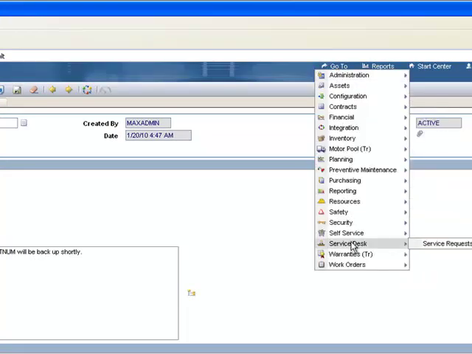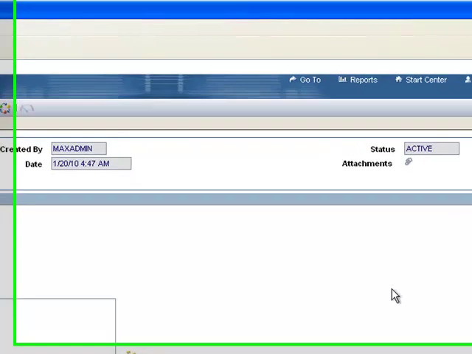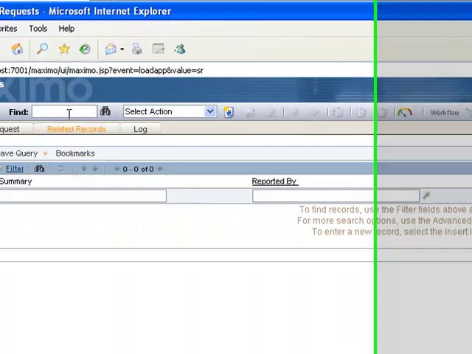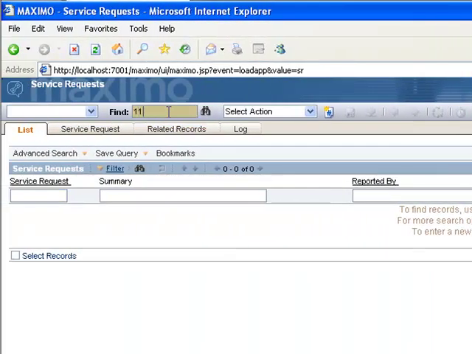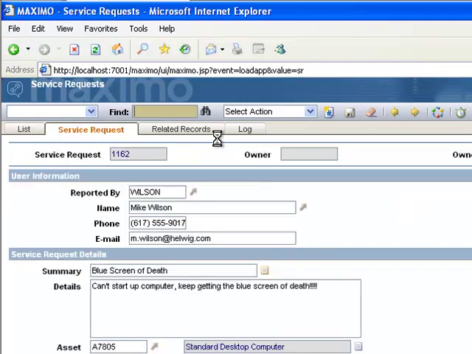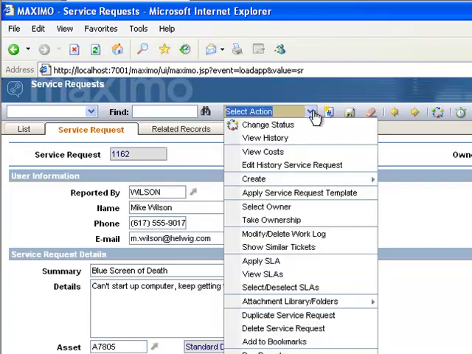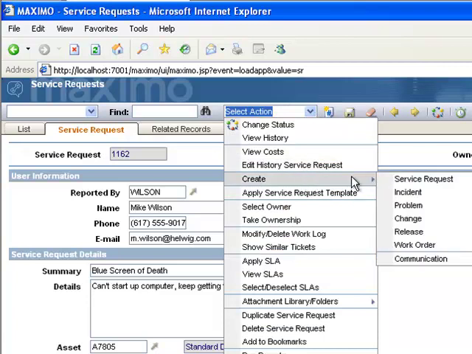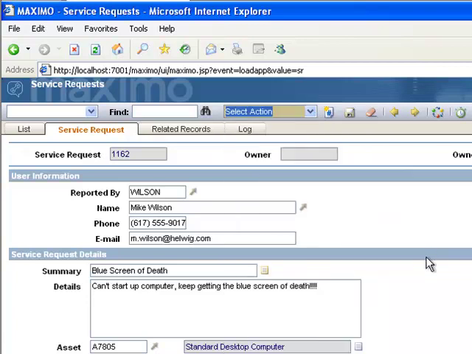So let's go into service desk, service request. And I'm going to go to record 1162, just a random service request record. And we'll go ahead and go to the Select Action menu, go to Create Communication,